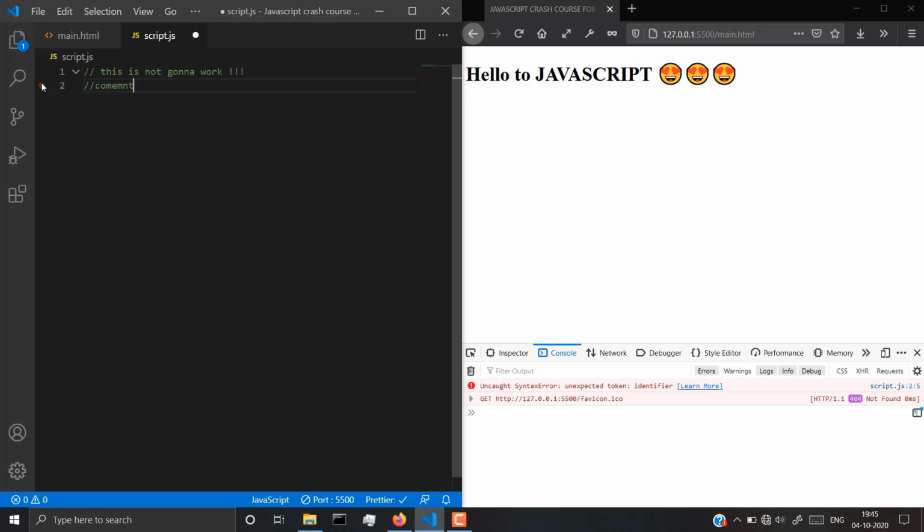Now if you ask why we should use comments, the normal answer is that when you write code which has more than 50 or 60 or 100 lines, then you really need to put comments into your code, so that whenever you come back to your code, you can understand what you wrote. There are two types of comment we have. The first one is the single line comment, and the other one we have is,